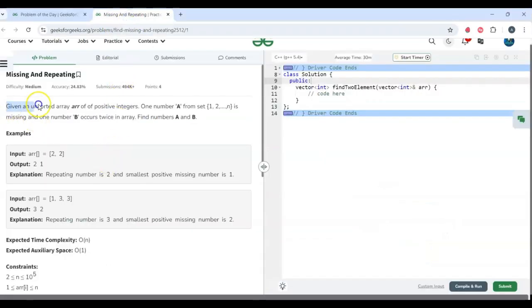Here, given an unsorted array ARR of positive integers, one number A from the set 1 to n is missing and one number B occurs twice in the array. So we need to find these numbers A and B. Today we'll be solving a coding problem where we are given an unsorted array ARR in which a number is missing and a number occurs twice, and we need to find these values A and B. So we'll tackle this problem starting from the brute force approach